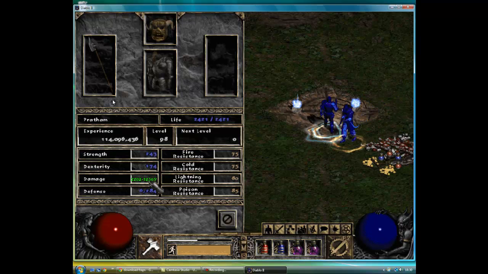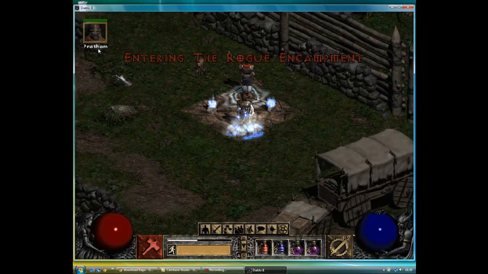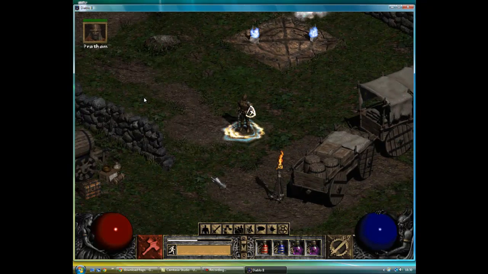12k damage, 2,282 to 12,368. He's got 6,000 defense. He's got 85, 80, 75, 75 for his resistances, and he's got lots of strength, and he's level 98 as well, same as me. Going back to the roving cattleman to talk about my gear, we have...